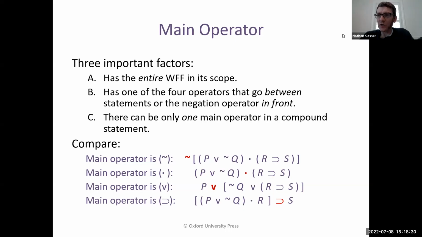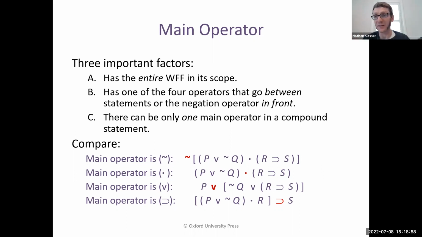Okay, in this video, we're going to keep talking through Chapter 7, Section B, and we're going to be in parts 2 and 3. So this is part 2 of 7B. And this section is about the main operator in a well-formed formula. Now, the main operator is the logical operator, that is, one of those 5 logical symbols that ranges over the